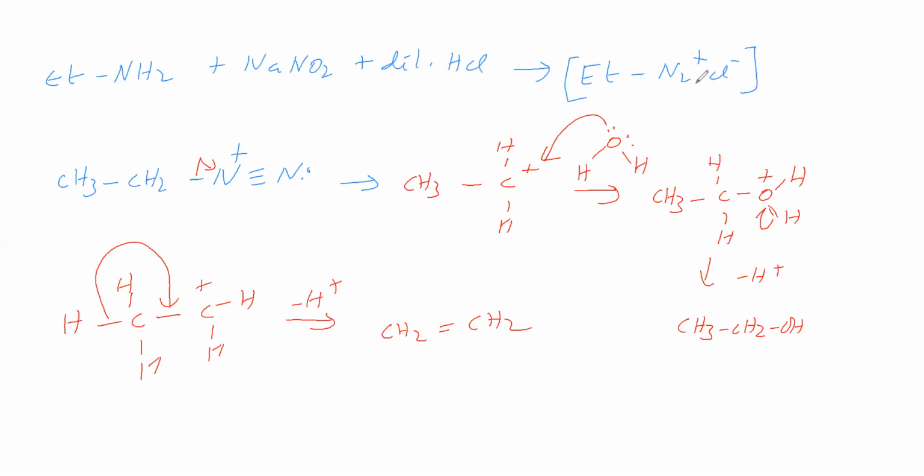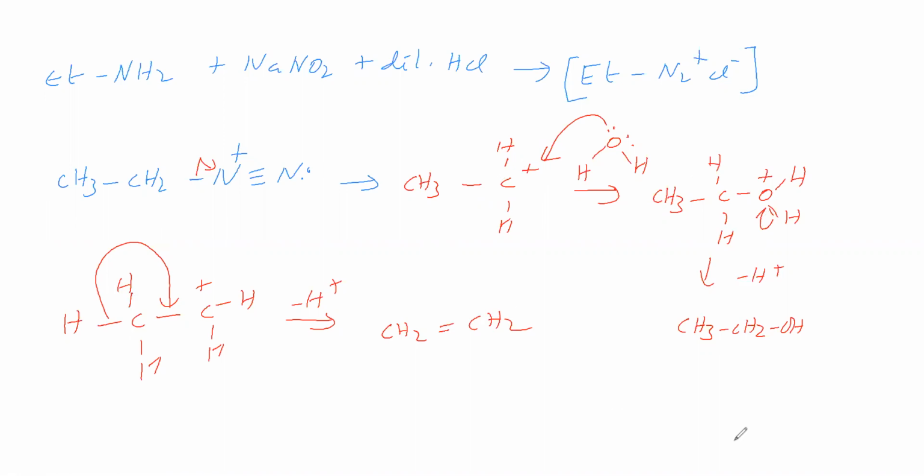Of course it is a primary amine, but it is aliphatic. So it is forming diazonium, but aliphatic diazonium is unstable. But aromatic diazonium is stable when the temperature is 0 to 5 degrees Celsius. So it is aliphatic diazonium, so it is unstable. From this N2 leaves, then we are getting a carbocation. What is attacking? So we are getting alcohol, or if it undergoes beta elimination, then we will get ethylene, an alkene, as a product.